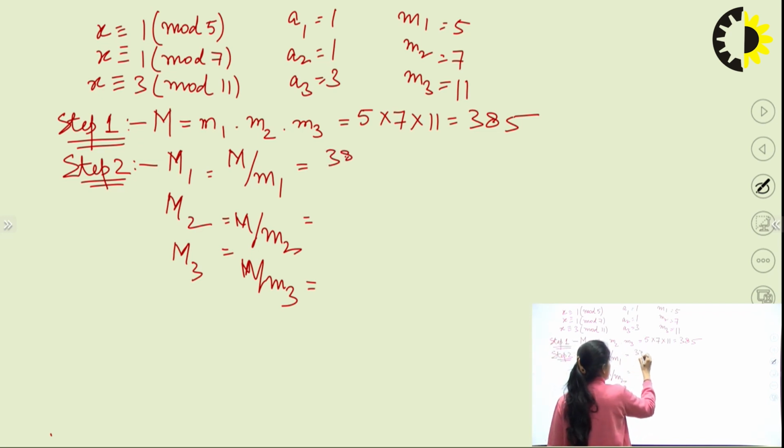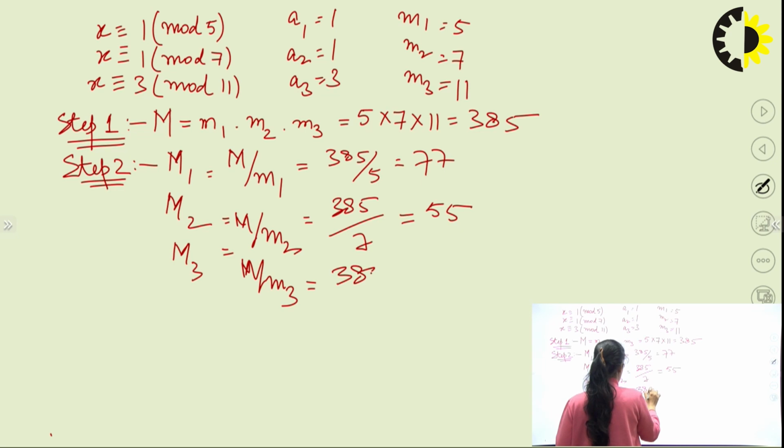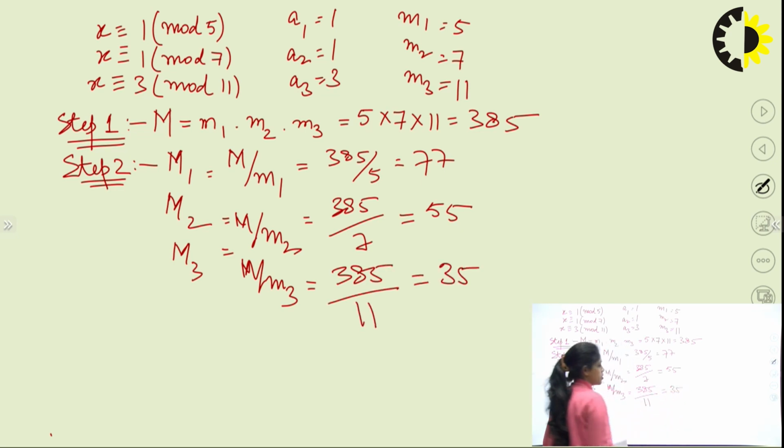That is 385 by M1, that is 5. It will give you the value as 77. Then 385 by 7, it will give you the value 55. And 385 by 11, it will give you the value as 35. All right. Now in step 3, we will find out